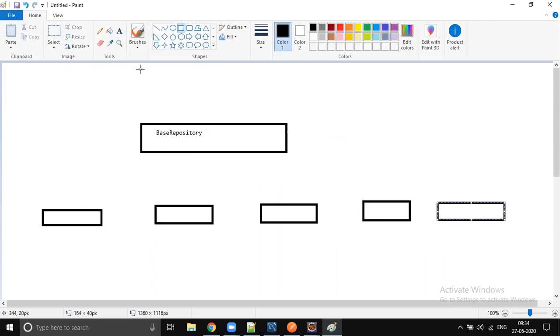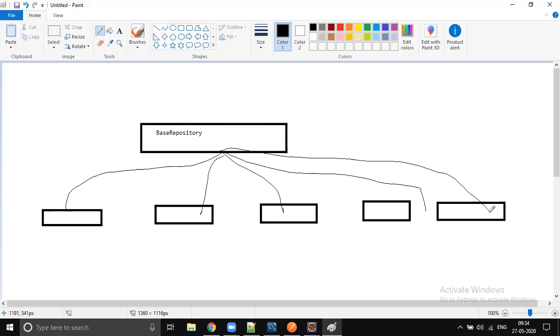But base repository is not an actual repository. The actual repositories are the entity-specific repositories. Still, we don't want them extended directly from JPA or CRUD repository. We want them to extend from base repository, right?